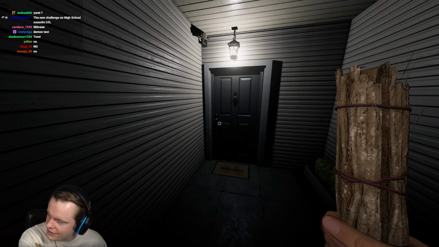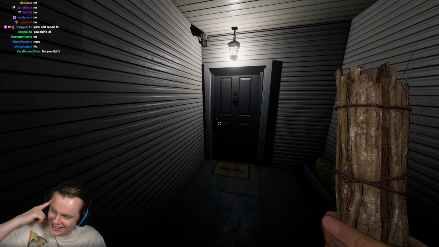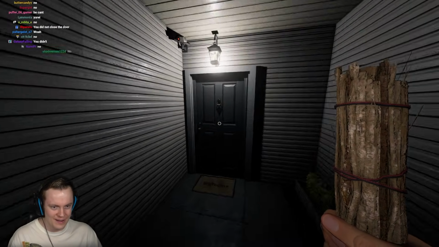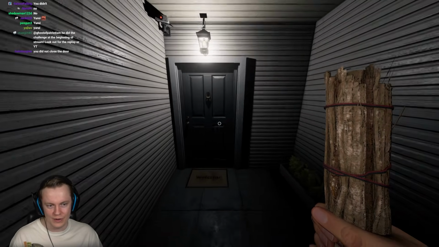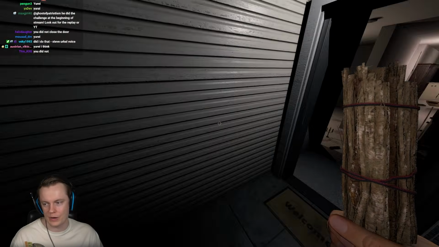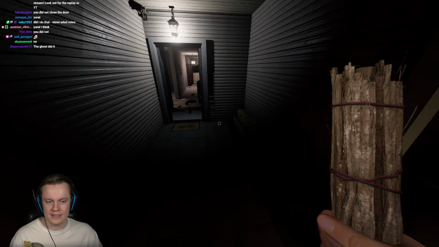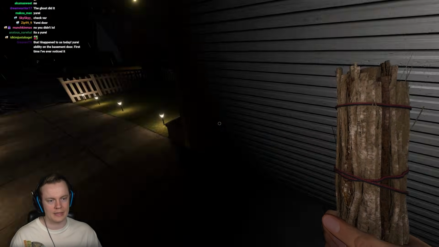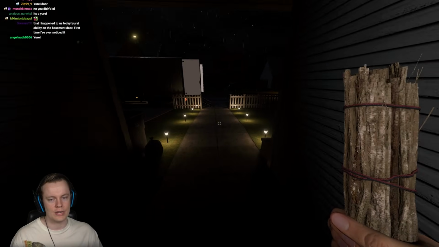Wait, can we get an instant replay? I didn't close... That's why you gotta keep an eye on what you do with the front door. If I were to have closed that behind me, nothing weird would have happened. If I didn't close the door, the only ghost that can close the door behind you like that when you're already out of the house is a Uri, which...